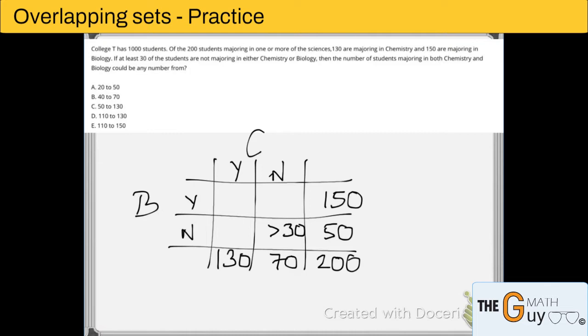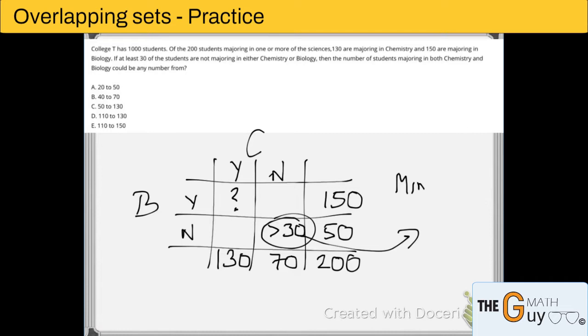Okay, so it's a range problem again. Then the number of students majoring in both chemistry and biology could be any from what to what. Okay, so we are looking for this block. I'm going to put a question mark here, and we're looking for a range. One way to do this is, I know that based on this grid, on the boundaries on the outside, the totals, I know that this block